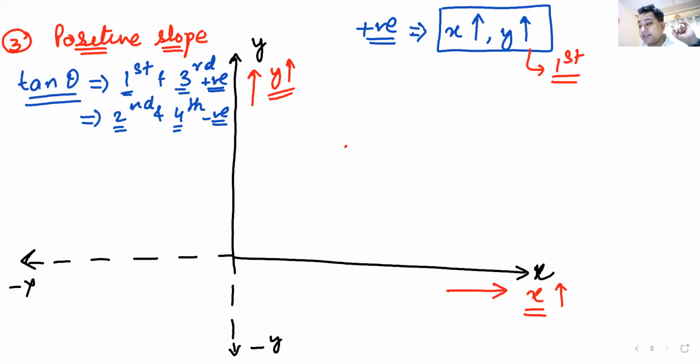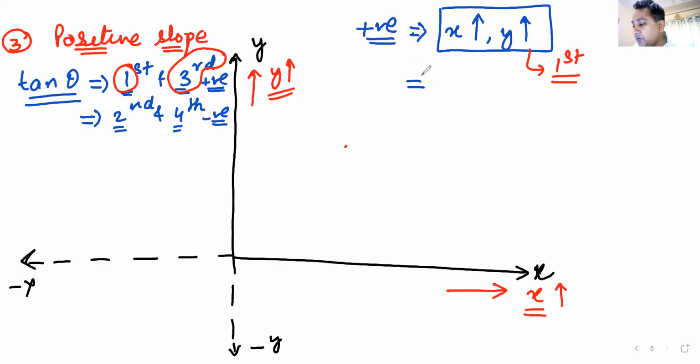X increases, y increases, that is a positive slope graph. Anything else is possible. We talked about two quadrants. First quadrant and the third one as well. What will happen in the third quadrant that makes the slope positive? I repeat my question. What happens in the third quadrant that makes the slope positive, and then what decreases? Santosh, what decreases? Tell me what decreases.